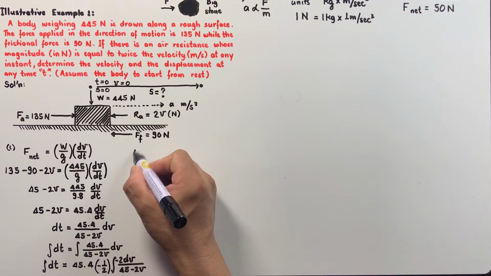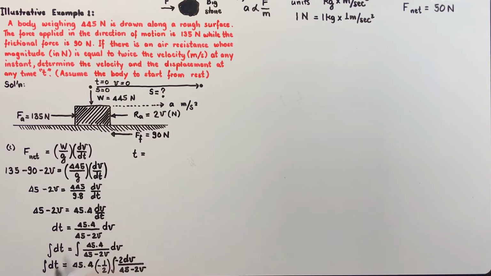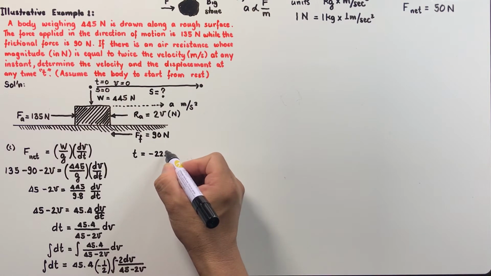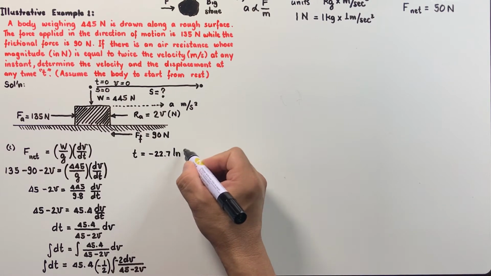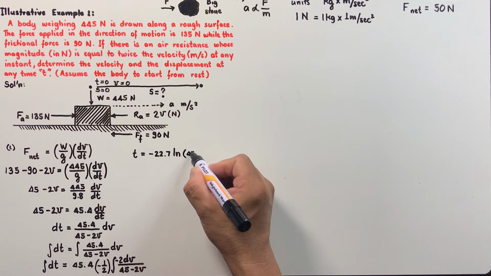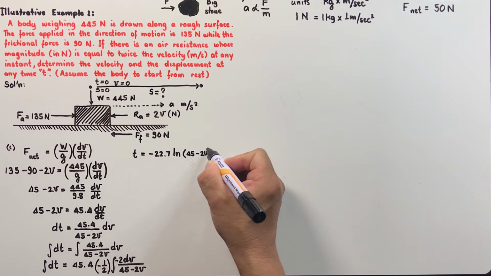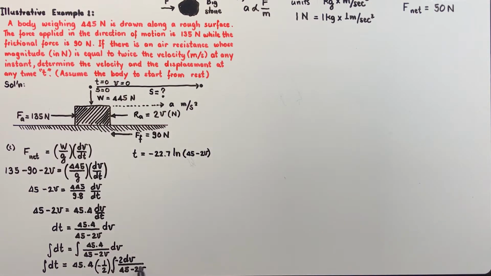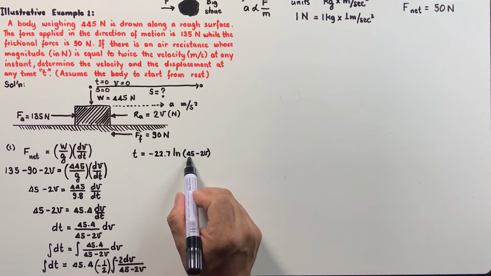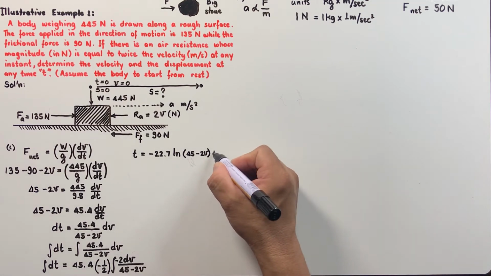So we have t as the integral of dt, and 45.4 multiplied by negative 1/2, we have negative 22.7 times the natural log of this denominator of 45 minus 2v, because that's the integral of this du over u. So if this is our u, the integral is the natural log of our u